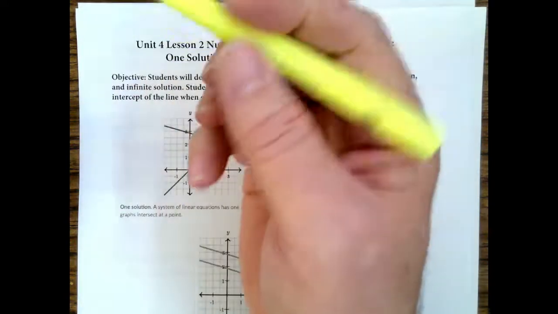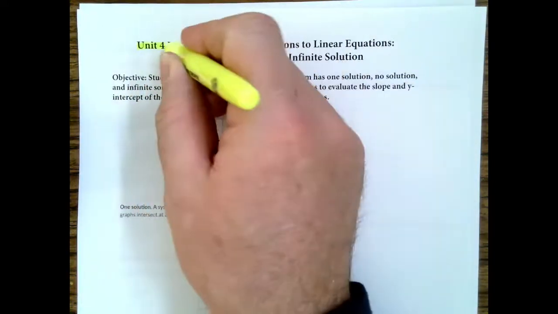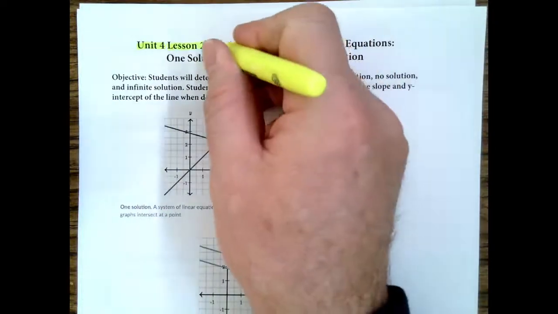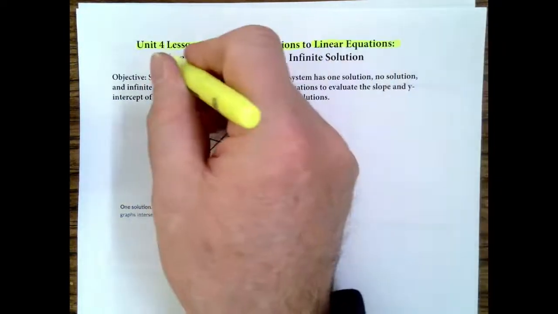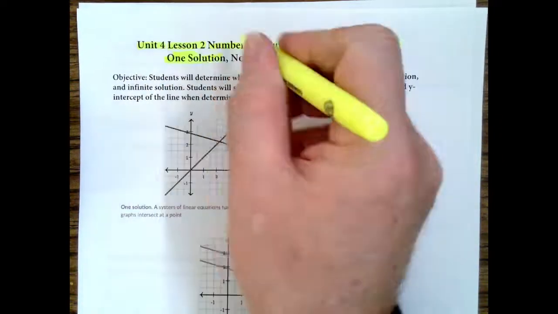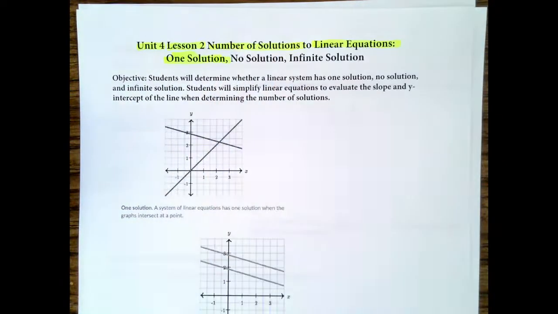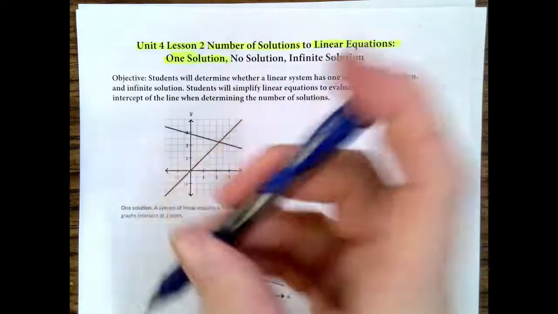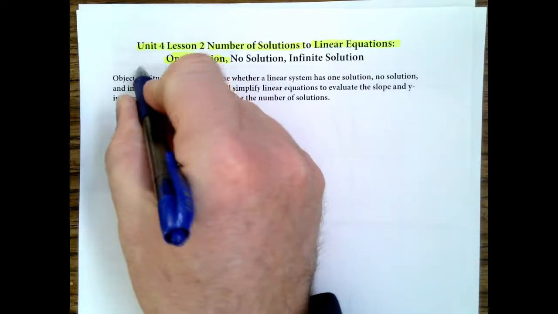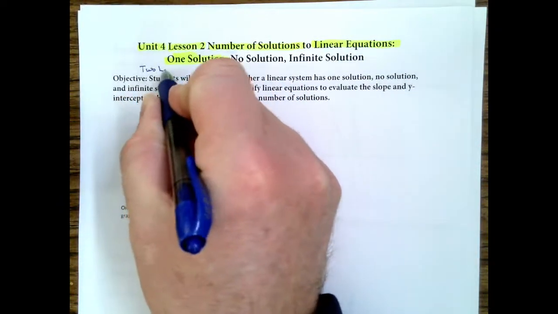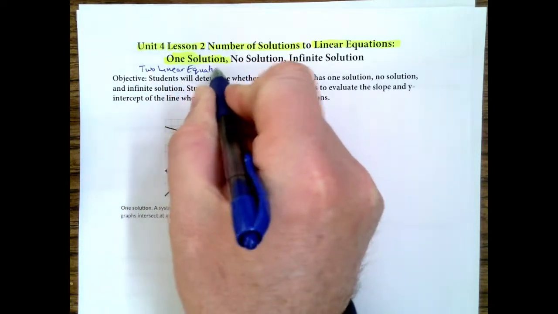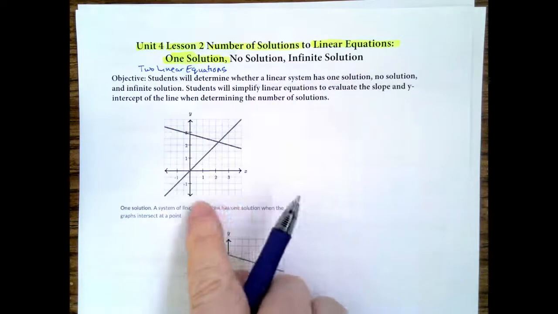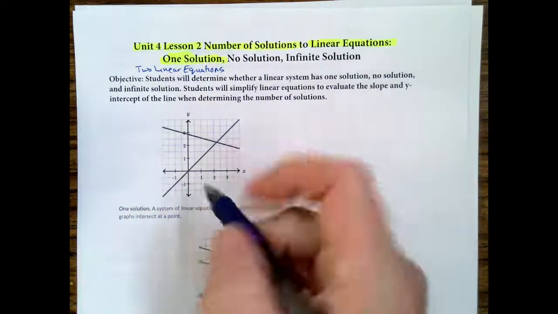We have Unit 4, Lesson 2. This is called Number of Solutions to Linear Equations. So far we've only looked at when there is one solution. We get one solution when we have two linear equations, and if they have a different slope, like this line here, let's look at the slope of this